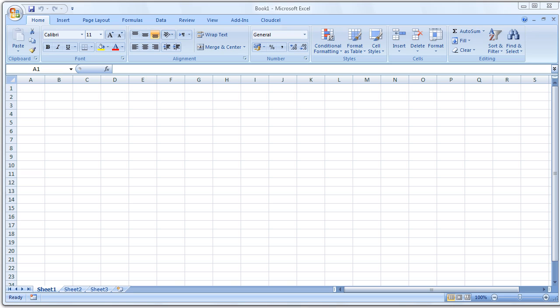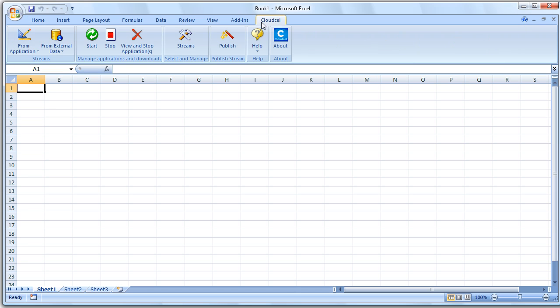Hi, I'm sure you're all familiar with Microsoft Excel that you can see in front of you. What you're probably not familiar with is a cloud computing extension that we provide to Excel users. It's a very simple add-in that is very simply installed, and this gives you access to data that's being stored and computed on the Amazon cloud, and